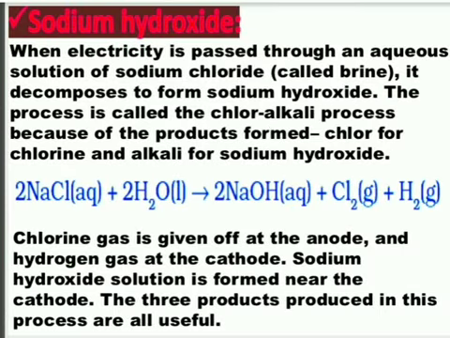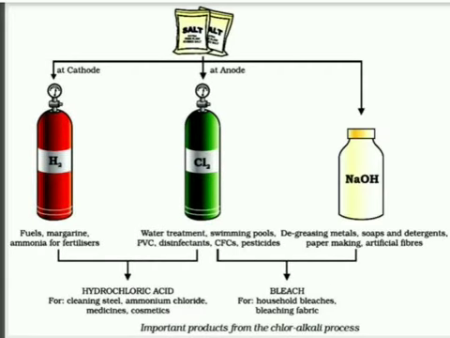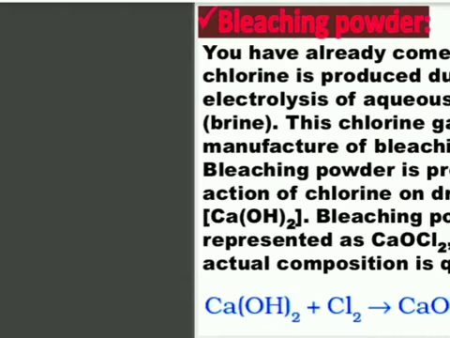For example, sodium hydroxide, that was an alkali which is soluble. The base which is soluble in water is called alkali, and we have studied that if we take the solution of common salt and put that solution in presence of electric current, then we will have sodium hydroxide, chlorine gas and hydrogen. Hydrogen will be collected on cathode, whereas chlorine will be collected on anode. Okay, then we have done uses of it. I think you all have learned the uses.